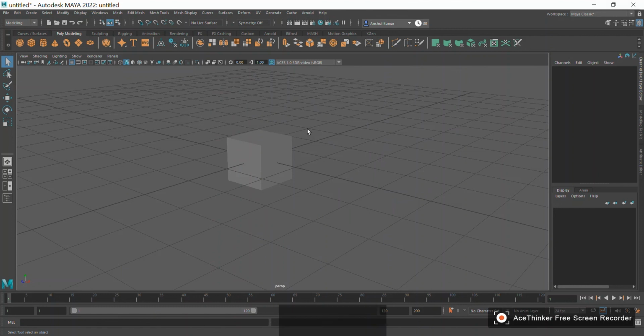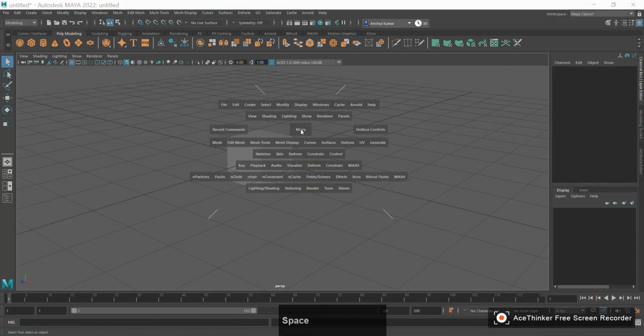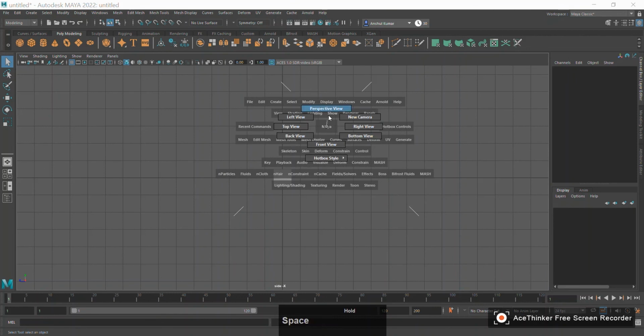So now I have explained a lot. I'm giving you a brief summary where we have learned to move inside Maya, rotate inside Maya, pan inside Maya, and zoom in and out in a scene. The next thing we learned is what a top view, a side view, and a front view are. After learning those views, we learned how to move from one view to another just by holding space, right mouse button, right view, or space, right mouse button, perspective view.